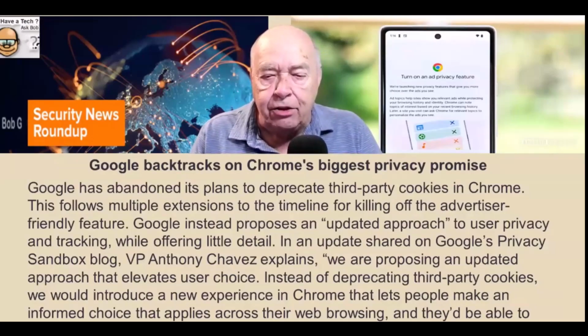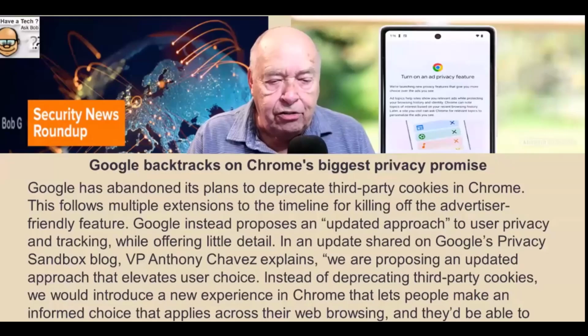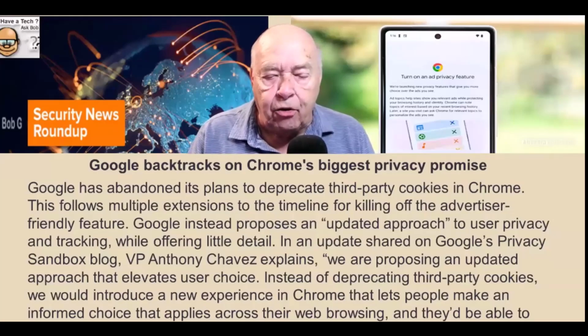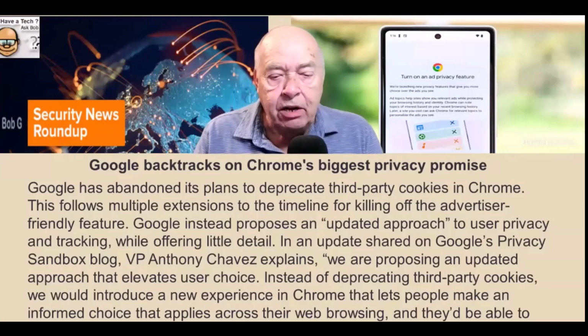Instead of deprecating third-party cookies, we would introduce a new experience in Chrome that lets people make an informed choice that applies across their web browsing, and they'd be able to adjust that choice at any time. Read more at